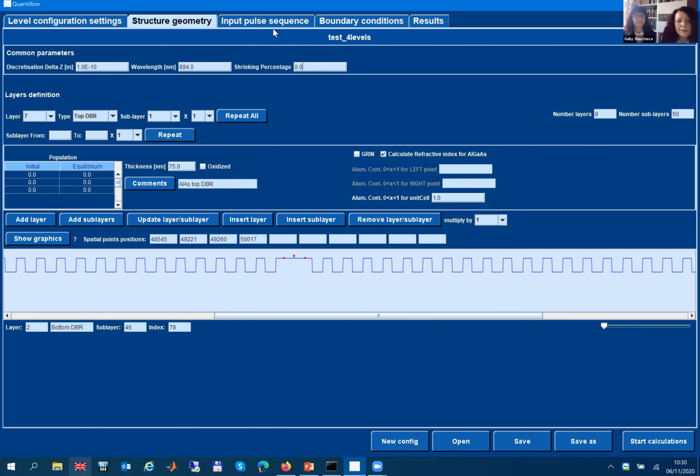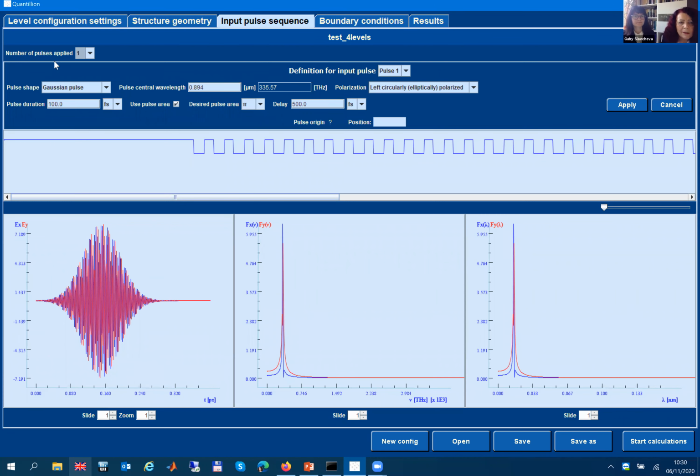Then we can apply pulses, and we can apply not just a single pulse, but a sequence of pulses, which is very important if we want to model, for example, a pulse sequence such as a spin echo sequence, or other time dynamics upon other pulse sequence excitation.